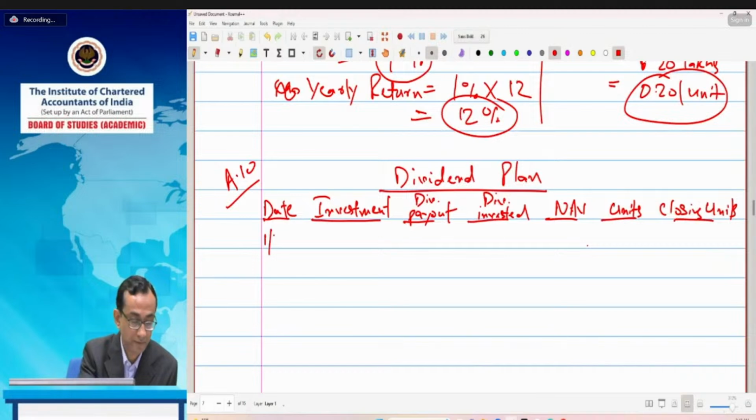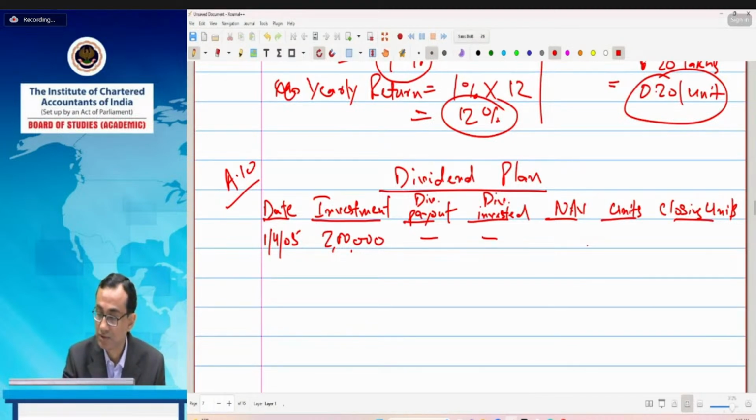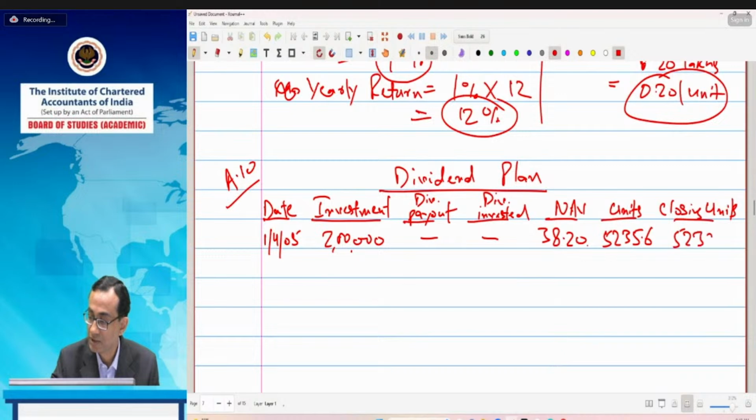On 1/4/2005, initial investment was made, rupees 2 lakh, and the NAV, which is given in your question also, is 38.2. So total number of units will be 2 lakh divided by 38.2. So it will be 5235.6. So closing units will also be 5235.6. So next day, when the dividend is declared,